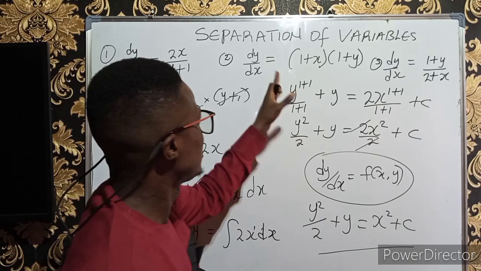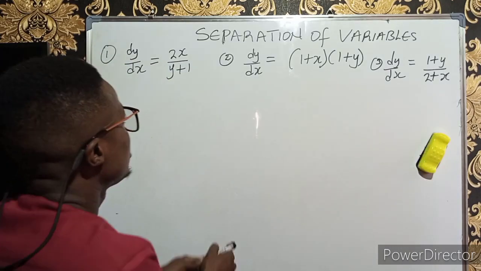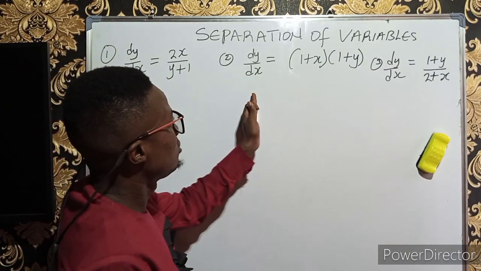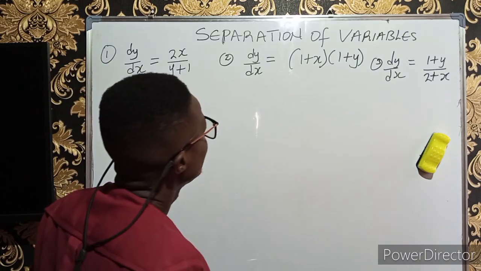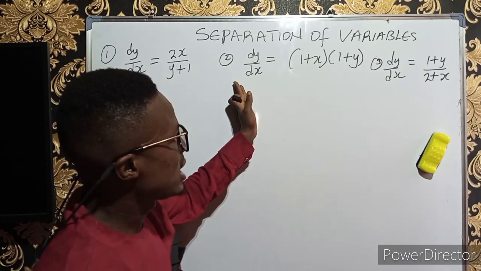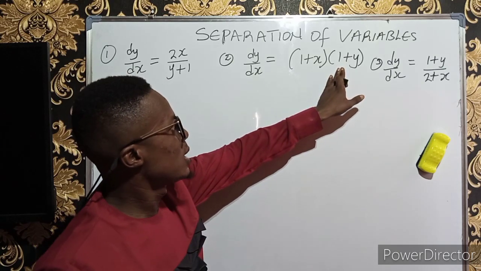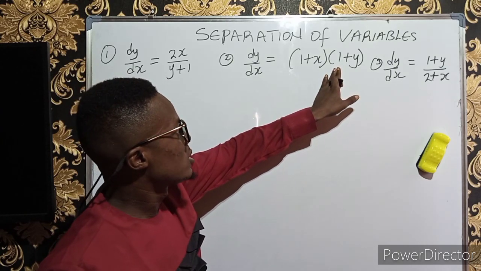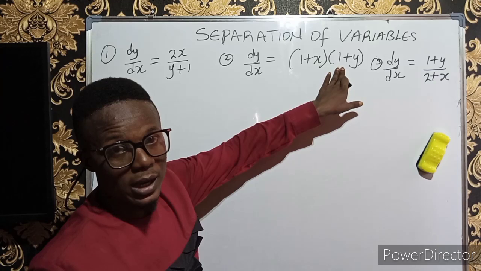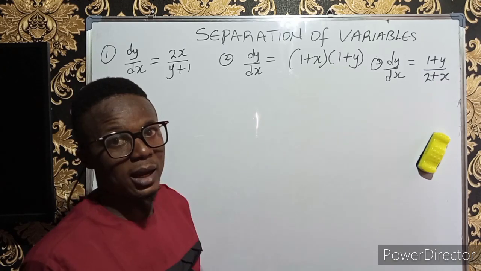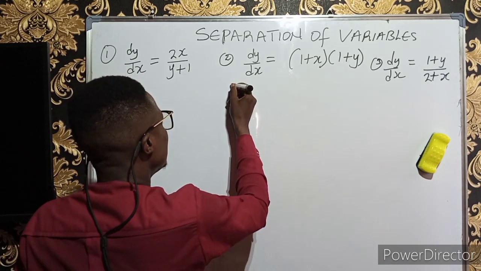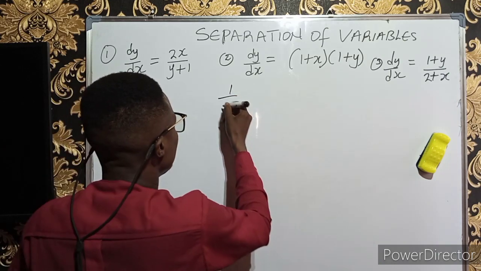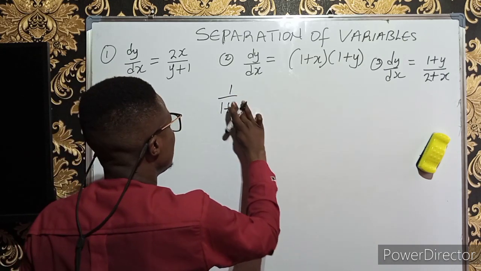So let us clean the board and take the second one. In the second question, we have dy over dx equals (1 plus x) into (1 plus y). Now I need to move y to the right hand side, and to move y to the right hand side, I've got to divide both sides by (1 plus y), or I multiply both sides by 1 over (1 plus y). So I will have 1 over (1 plus y)